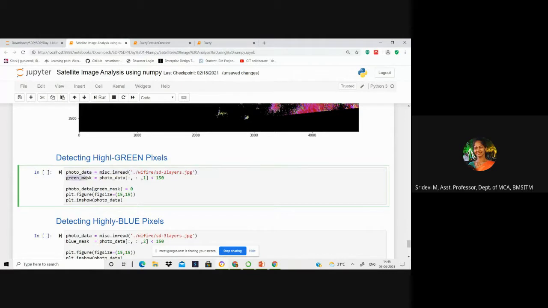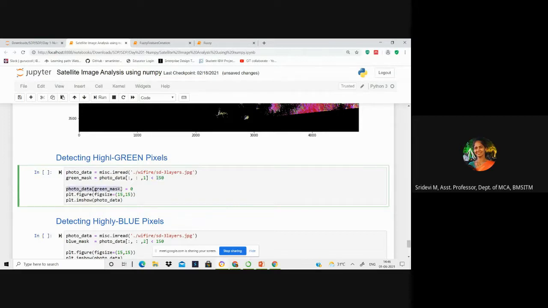Now you do the same thing for green. You create a green mask. On the photo data, for all the rows and columns throughout the image, select the green color, and if the intensity of green is lesser than 150, that would be your green mask.